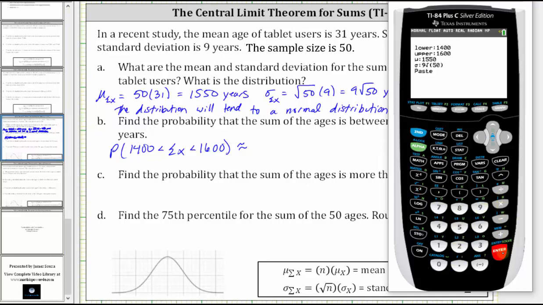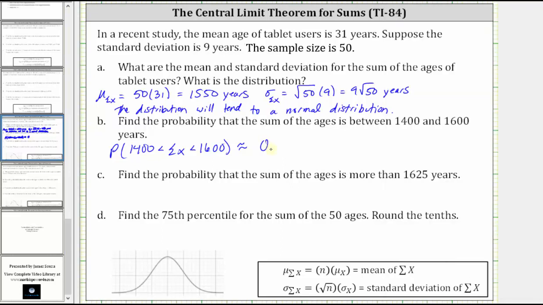Enter, enter, enter. To 4 decimal places, we have 0.7748, which is equal to 77.48%. For part C, we're asked to find the probability that the sum of the ages is more than 1,625 years, which is the probability the sum of x is greater than